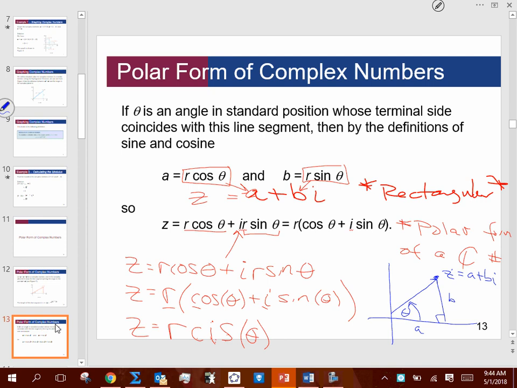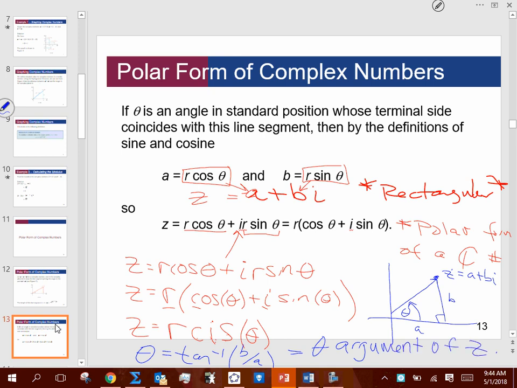Yeah. Theta, again, is going to be tangent inverse. If you go back to when we worked with the real plane, it was y over x, right? Well, y is now your b value, and x is now your a value. So it's tangent inverse of b over a. And a lot of times, theta is referred to as the argument